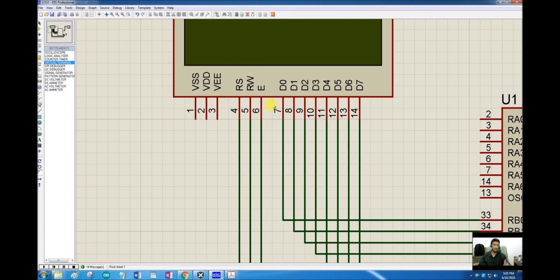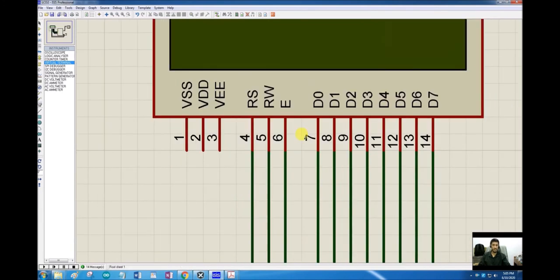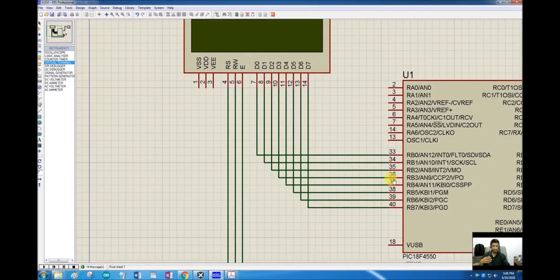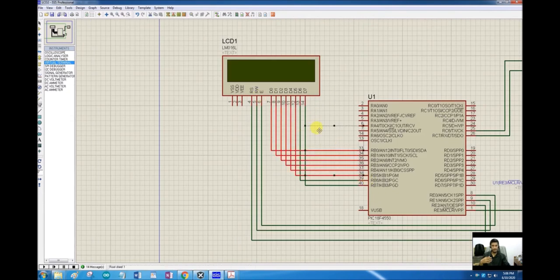and when it will be displayed and when the command will be executed, not immediately after putting this data on through these pins. This last pin, this enable pin, should be given a transition from high to low. Every high to low transition on this pin will transfer the information on these pins into one of the command or data registers. So what we have to do essentially is we have connected these 8 data pins to port B, and we have connected this RS, RW, enable pins to port E0, 1, 2.